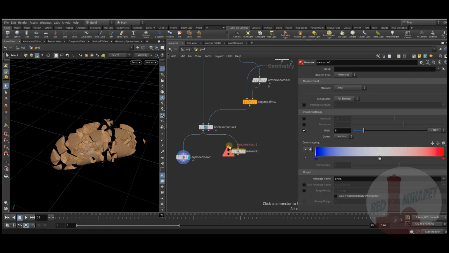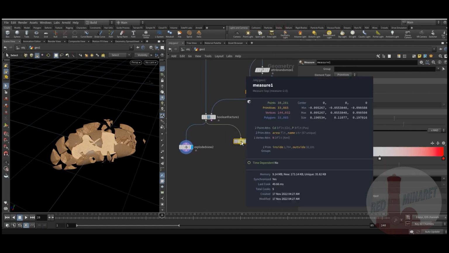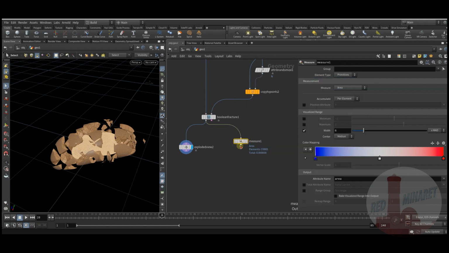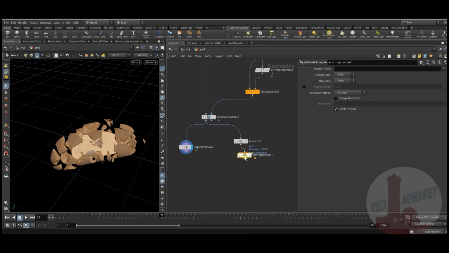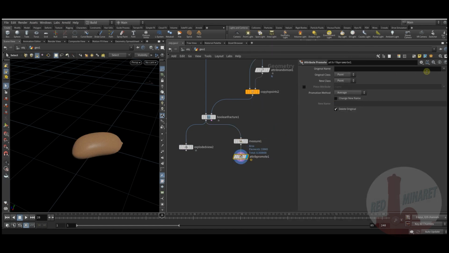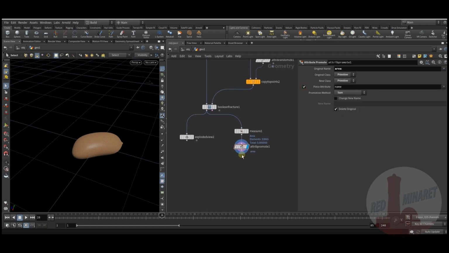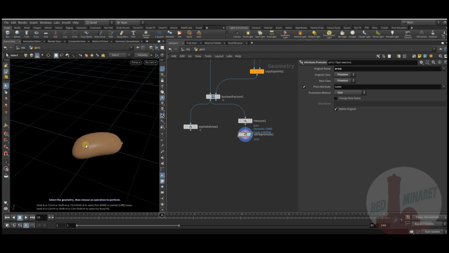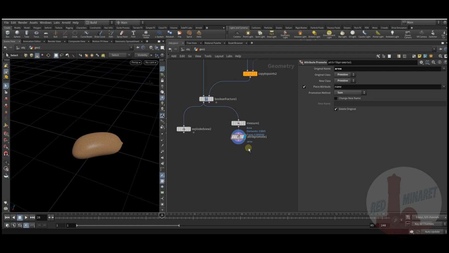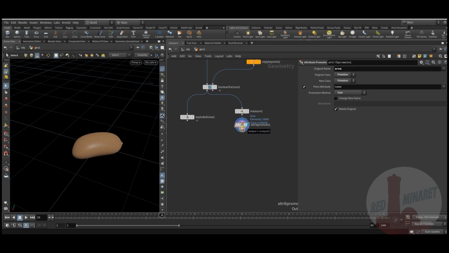Measure soft, and it gives me area attribute. Then I'll use an attribute promote to promote my area attribute on the chunk pieces, not on every primitive, but the individual piece that I have. Okay, this way I can